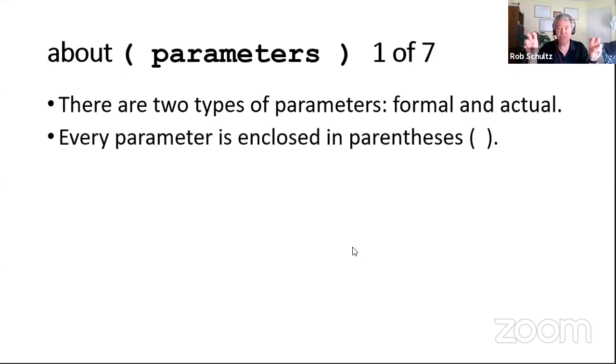And I always do this with my students. I'm not trying to be cool and do air quotes. I'm specifying that that's a string with a little double quotes. So anytime that my students see this, it means that we're specifying that it's a string, a literal string value. That's our actual parameter. Every parameter is enclosed in parentheses.